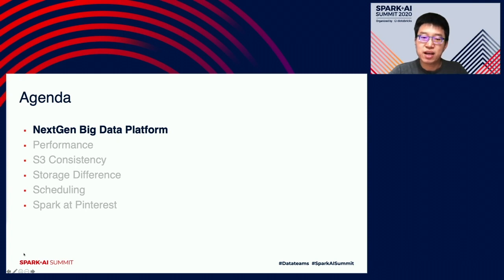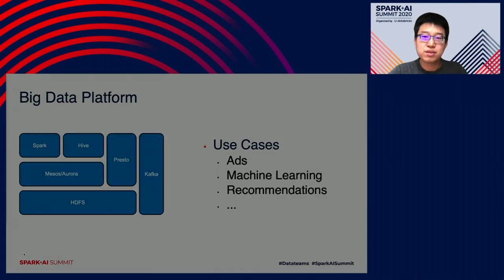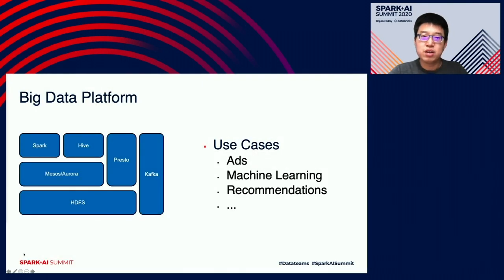First, let's take a high-level overview of our big data platform in Pinterest. From search to ads, machine learning to recommendations, nearly every team within Pinterest relies on the big data platform in some way or another. The big data platform team is responsible for providing a stable, reliable, and efficient ecosystem for engineers and analysts to manage and transform their data.